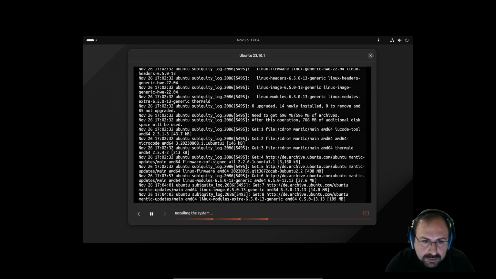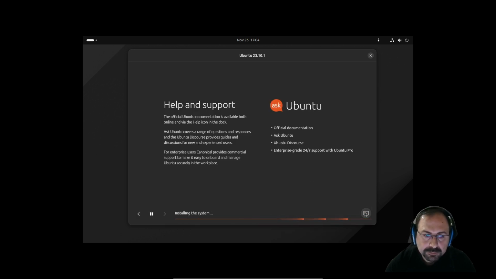Okay, now it's installing the kernel and firmware packages. Installing the system will end soon, and it will configure the system.